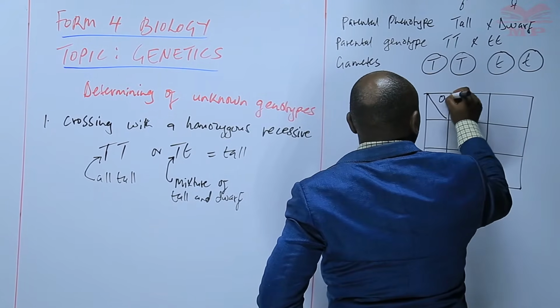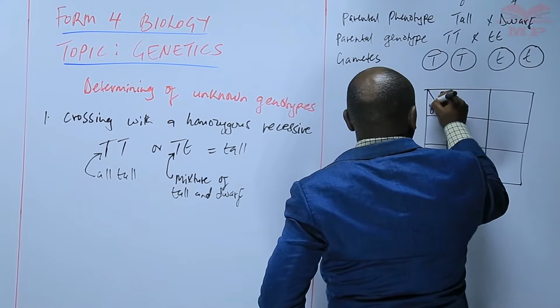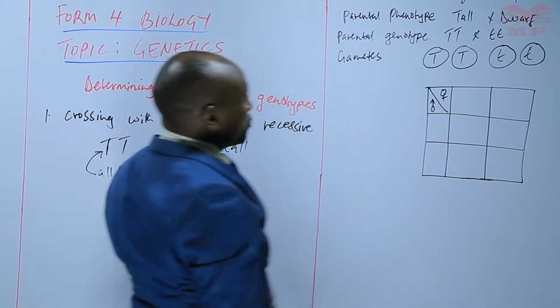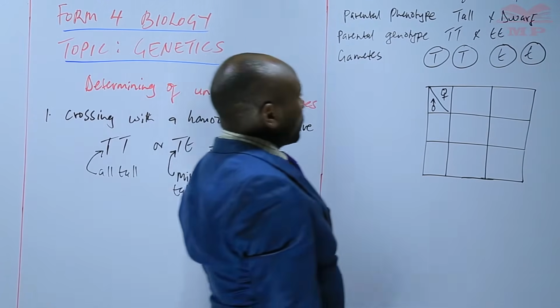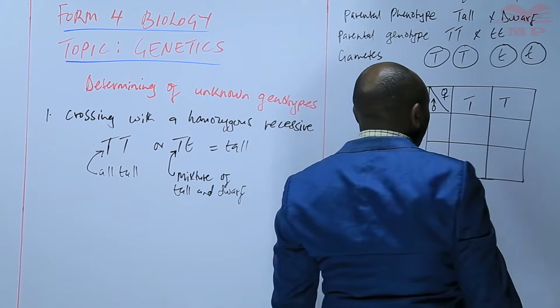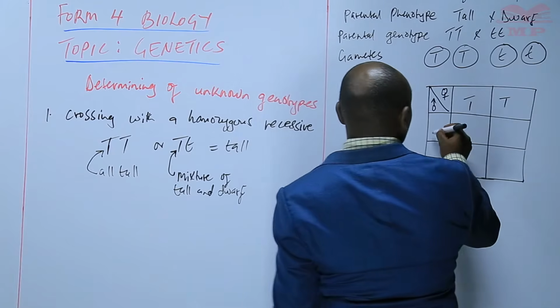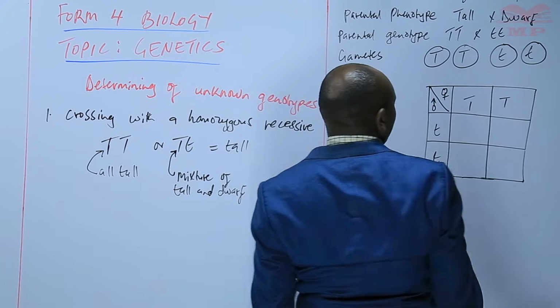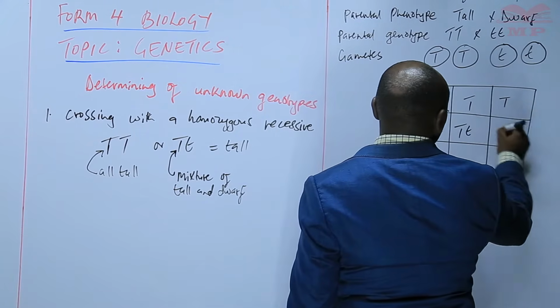So we have the female and the male. Those are the symbols that we use to represent them. The tall one will have capital T, the dwarf one will have small t. So when you do the crossing,